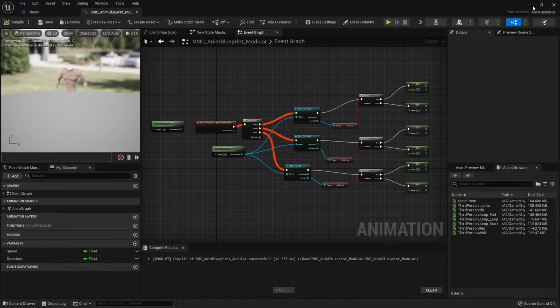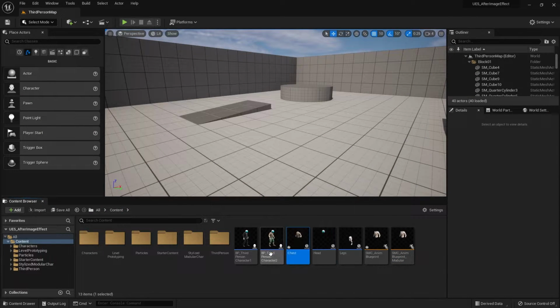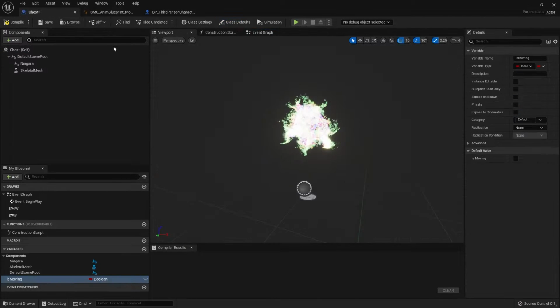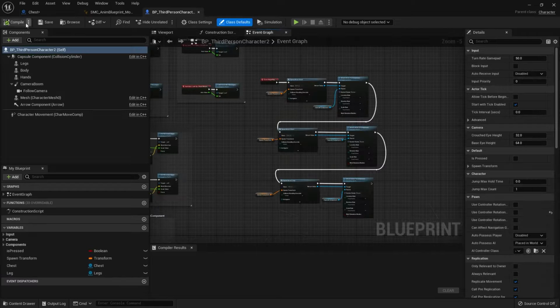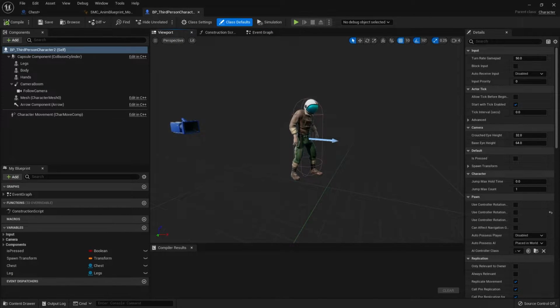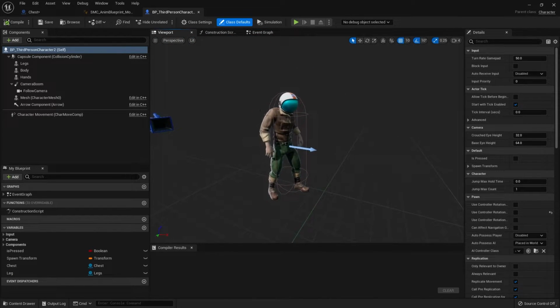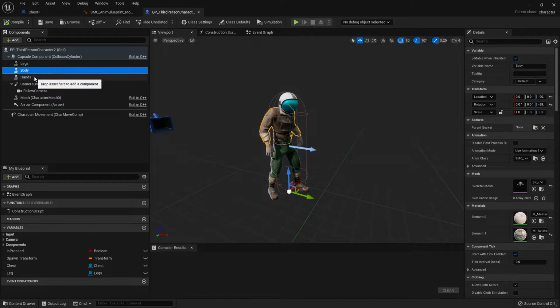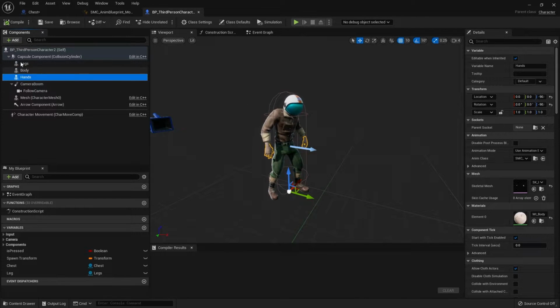Okay, so with that setup, let me go through the character blueprint. So in the character blueprint, over here, if I go to the viewport, you can see that we have the character mesh, and I set this as the head. And along with it, there's the 3 different modular pieces that I'm using. So legs, body, and hands. And you can see there is no Niagara effect on this